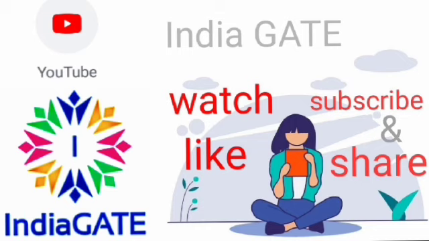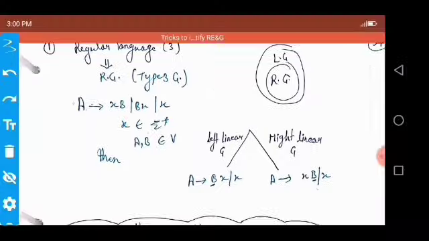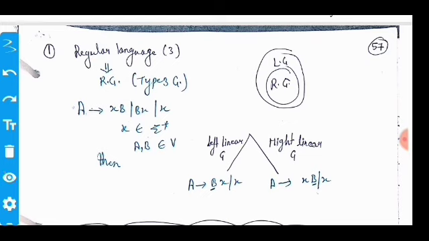What is regular grammar? In the previous session, we also talked about regular grammar in the Chomsky hierarchy. A regular grammar arises from a regular language, and it is type 3 grammar, which is accepted by finite automata. The production rules of regular grammar are A → xB or A → Bx or A → x, where x belongs to the input alphabet and A, B belong to the set of variables V.